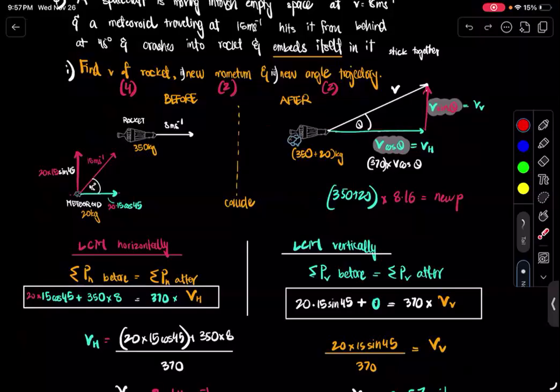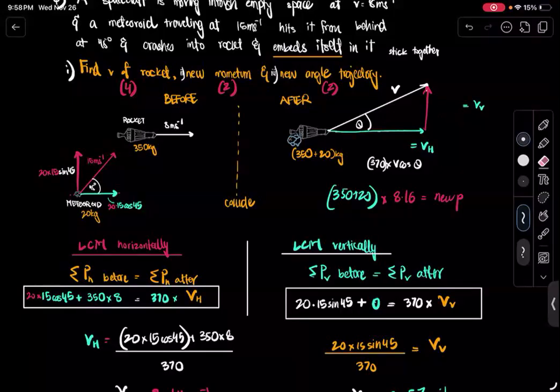First, we wrote down, was momentum conserved horizontally? Yes, it was. So we wrote down all the horizontal momentums. And rather than writing v cos theta, we wrote v horizontal, because if you break the velocity into 2 parts, this is horizontal velocity and this is vertical velocity. Whatever the sine theta and cos theta part is, we don't need to think about that right now. In fact, you can even ignore that for now. We know that this is v vertical and this is v horizontal, right?